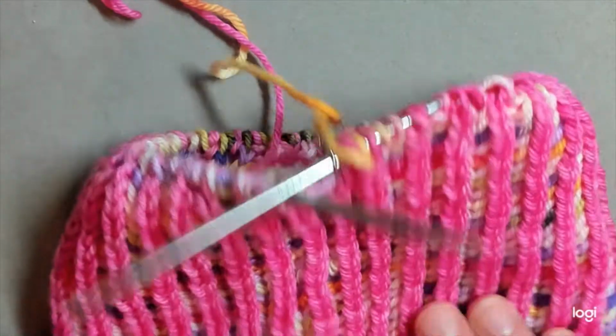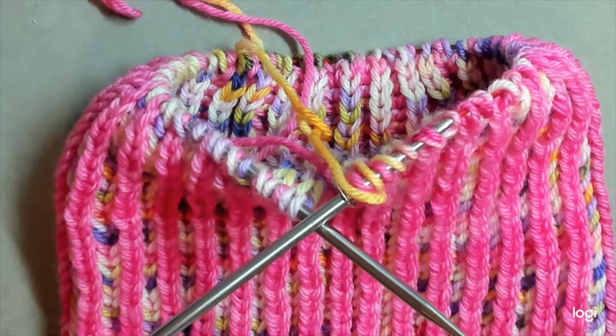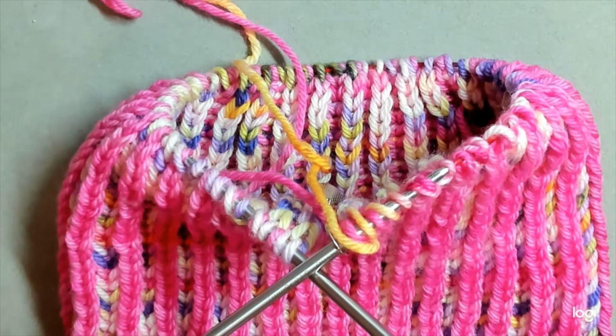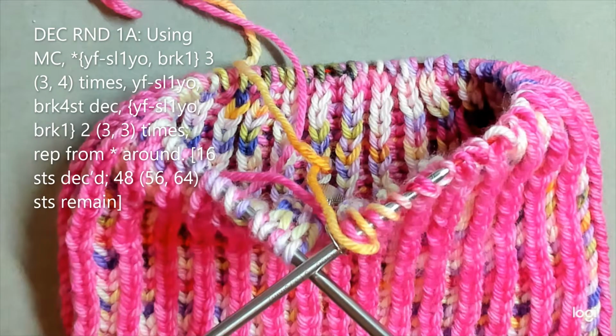So I'm working on the Harlow Worsted hat, which is a pattern by Andrea Mowry, and I'm about to begin the crown shaping, and that involves a decrease round. And so I am beginning that right now, and the instructions say,